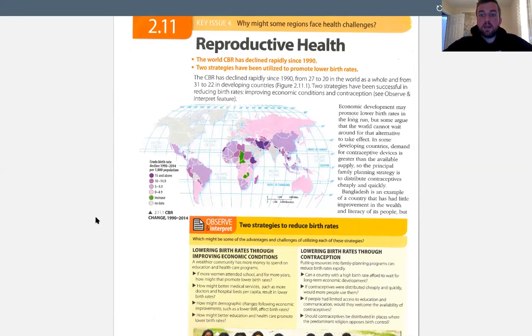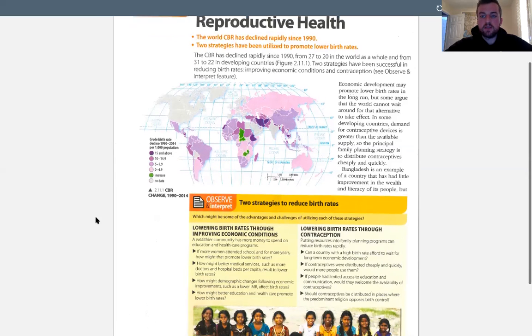Economic development may promote lower birth rates in the long run, but some argue that the world cannot wait around for that alternative to take effect. In some developing countries, demand for contraceptive devices is greater than the available supply, so the principal family planning strategy is to distribute contraceptives cheaply and quickly. Bangladesh is an example of a country that has had little improvement in the wealth and literacy of its people, but,